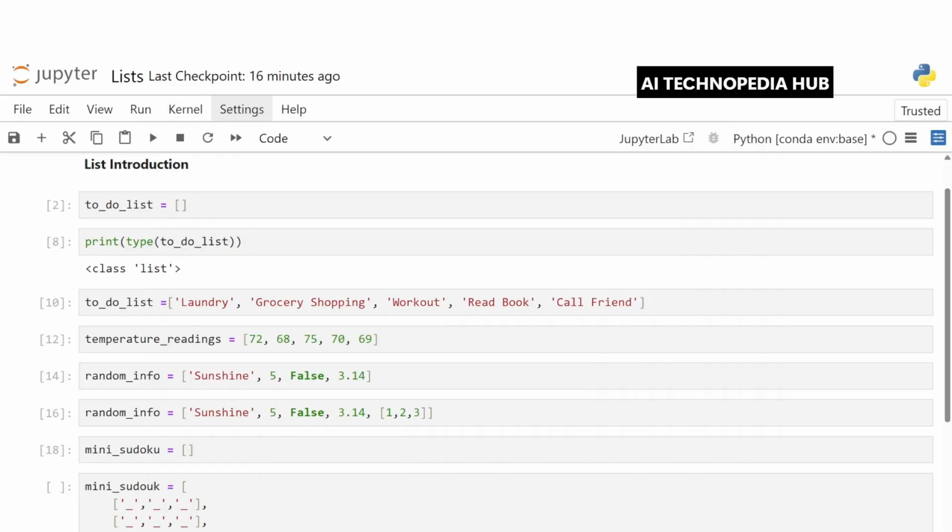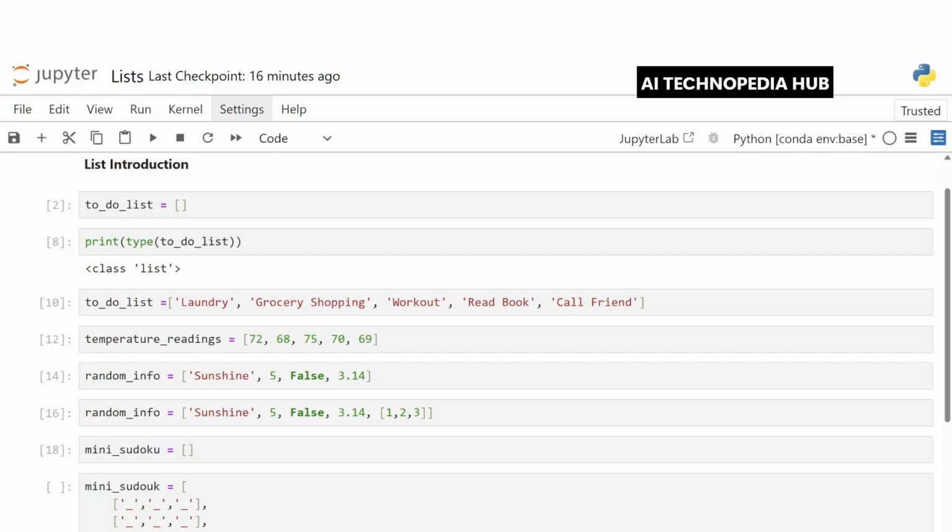As you continue your programming journey, you will frequently encounter a concept known as a data structure. So, what exactly is a data structure? It's a way of organizing data in a manageable format that allows for efficient retrieval and modification of that data. The first type of data structure we are going to explore today is called a list.